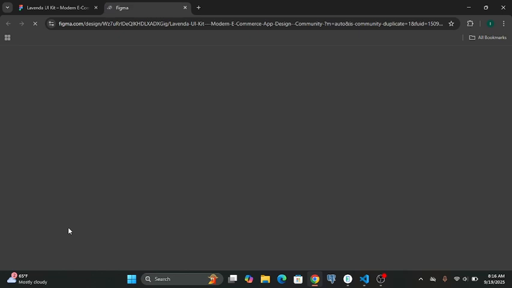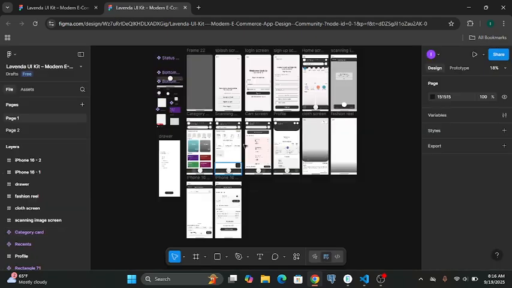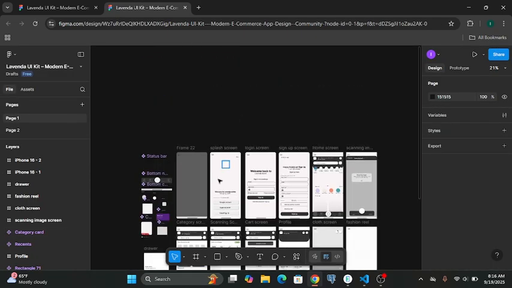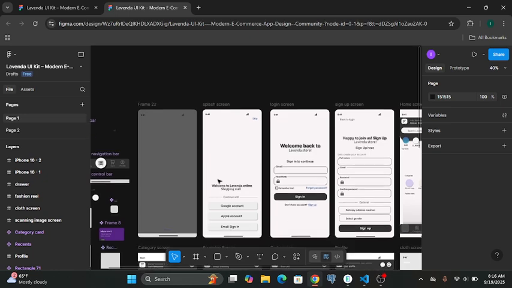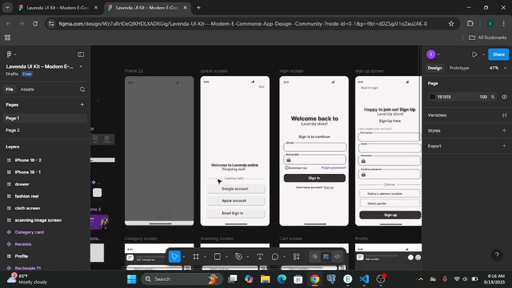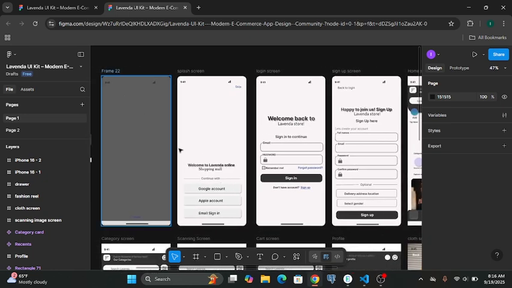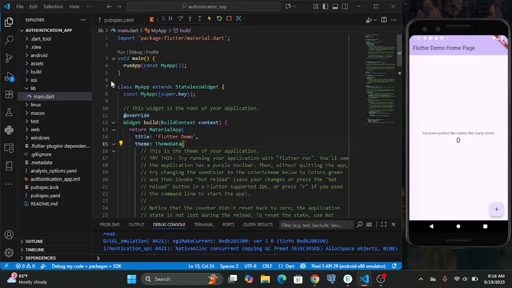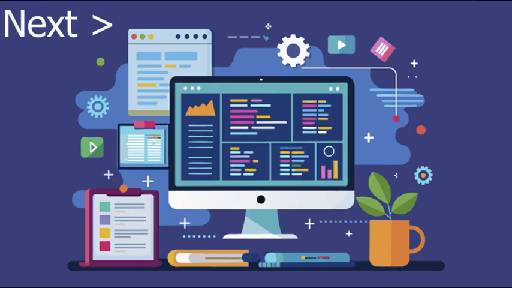It's automatically open in Figma. Search Lavenda UI kit, and then you see here it's loading. It's such a beautiful authentication app UI screen. And yeah, so